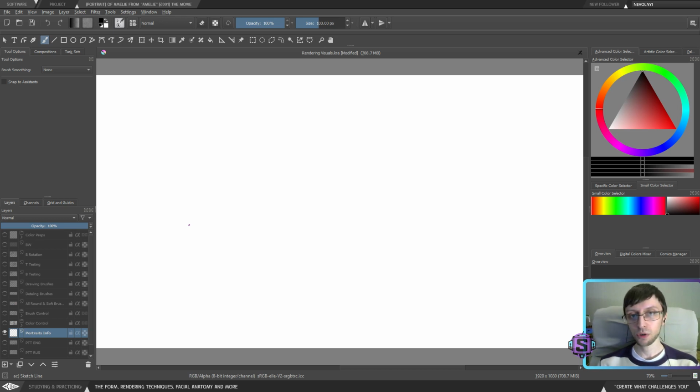You just basically draw any character that you've chosen. And our first character that we're going to draw and paint is going to be Amélie from the 2001 movie Amélie, the French movie I believe. It's an awesome movie, an awesome character, and it's definitely going to be an interesting experience to paint her and draw her and basically study her. But before going into that, again, I need to cover 4 basic topics.